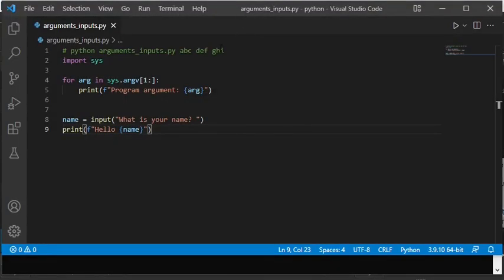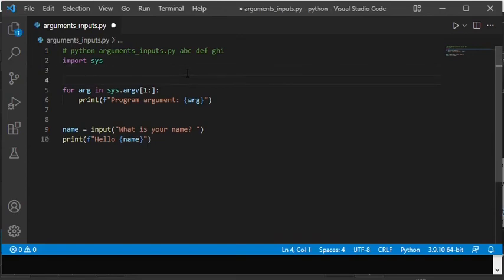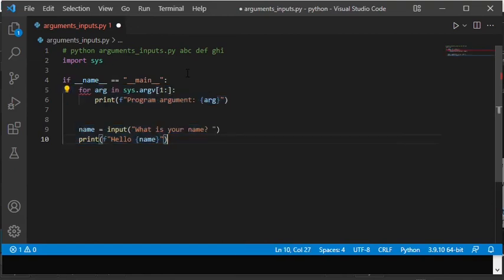Finally, I will move the source code into an if statement. You can do this when you want the code to only be executed when it is executed directly, when you want the code in the file to not be executed if you import it from another module, which you may want to do if the file also includes functions that you want to reuse. In this case, it doesn't really matter, because this little program only is intended to be executed directly.